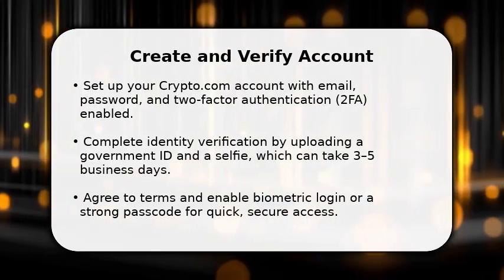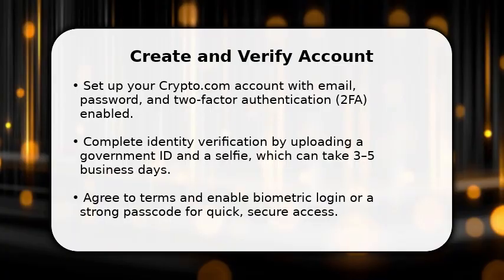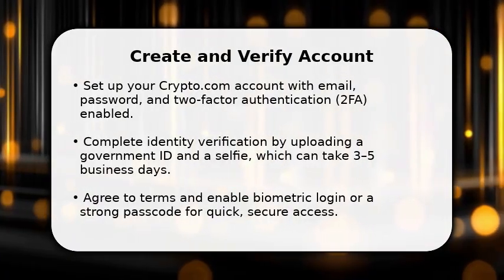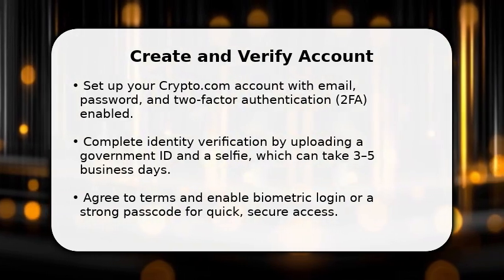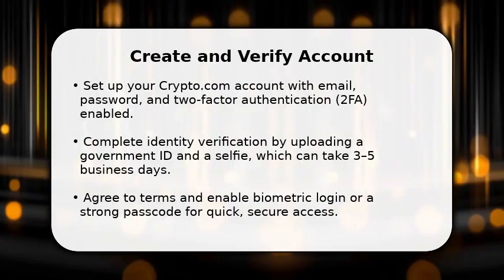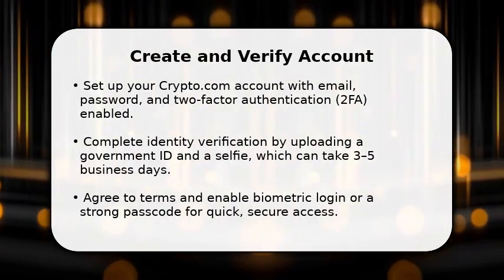While waiting, set biometric login or a strong passcode and review app permissions. Keep your recovery details written offline and never share one-time codes. These steps create the baseline security and compliance required before you can